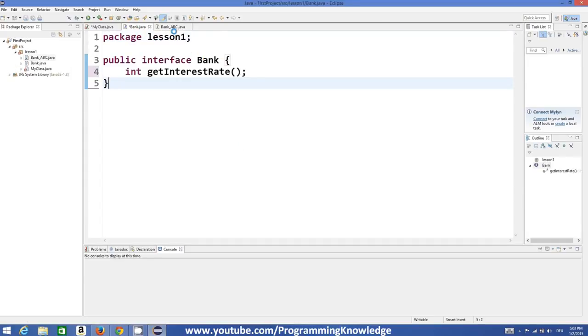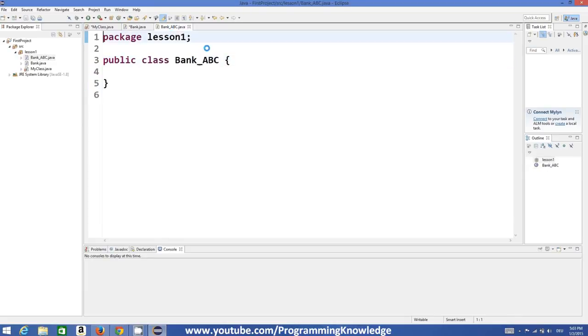Because this is an interface, there is no class keyword in the bank interface, right? So you cannot extend from an interface in a class. You need to implement the interface, so you need to use the keyword implements, something like this. Okay,